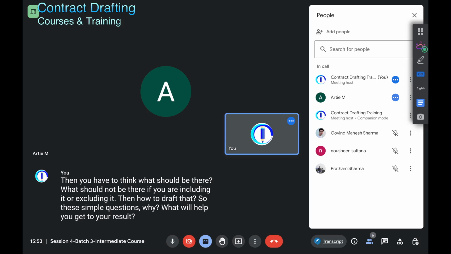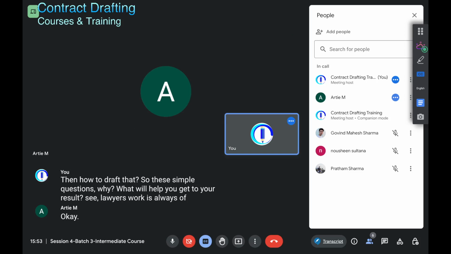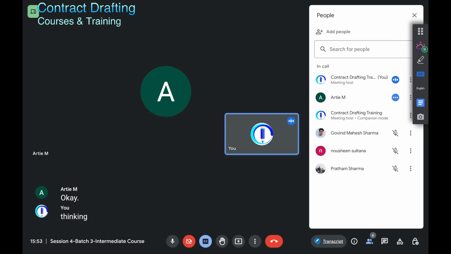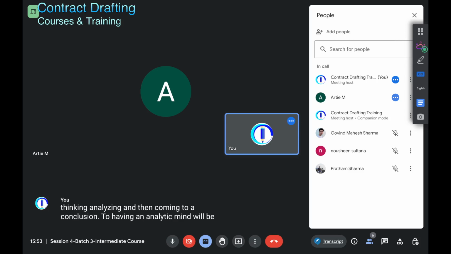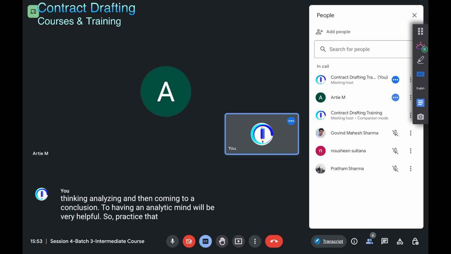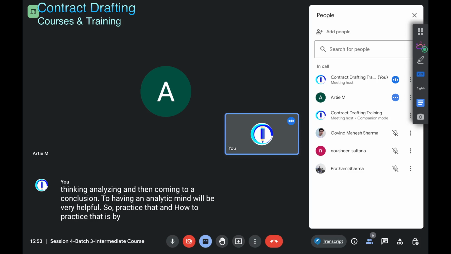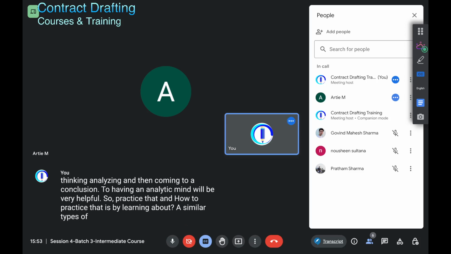A lawyer's work is always of thinking, analyzing, and then coming to a conclusion. So, having an analytic mind will be very helpful. So, practice that. And how to practice that is by learning about similar types of transactions, learning from